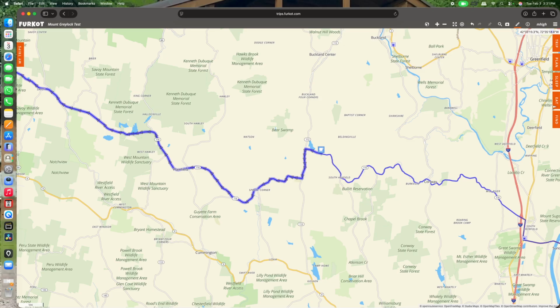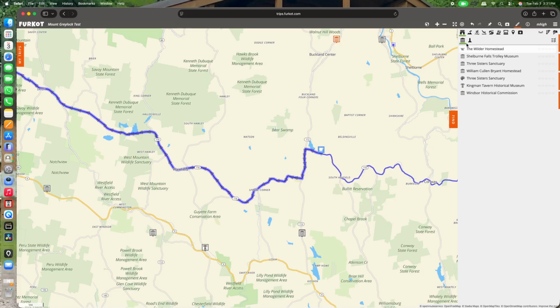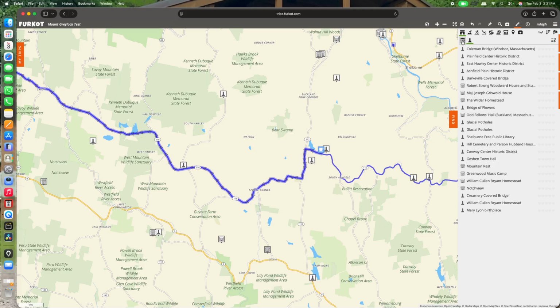Another option is if you hit this find button. There's options for finding things. One of the ones I will use the most is museums and man-made structures. I find a lot of interesting things here. I'm not a big museums guy, but I can find some neat monuments and covered bridges and other things in the area. So again, you'll notice I'm entering a historic district.